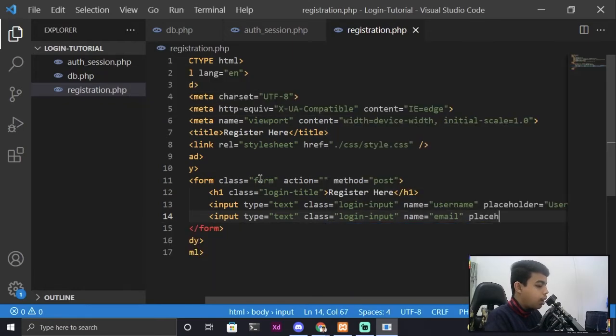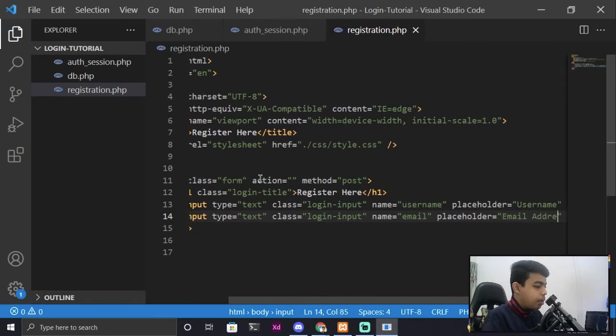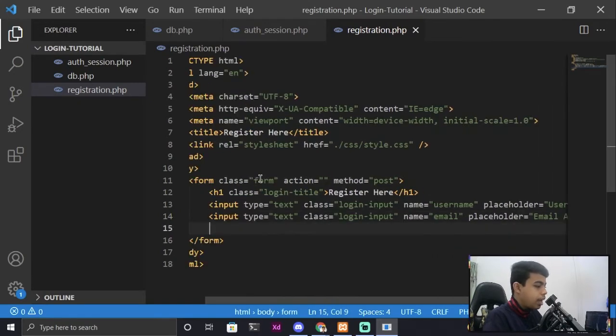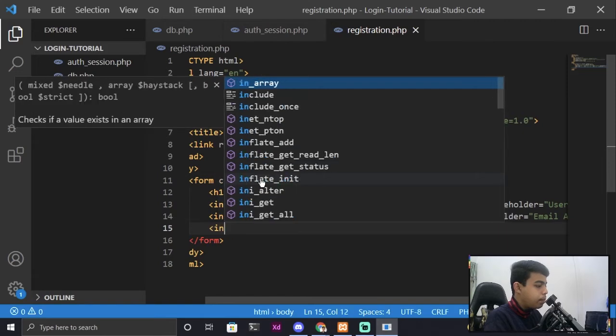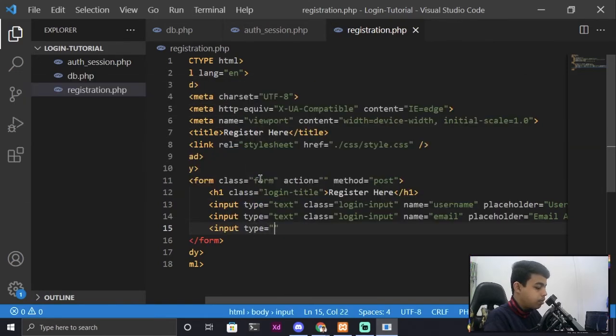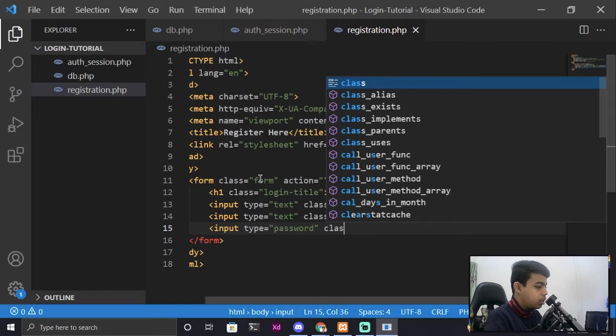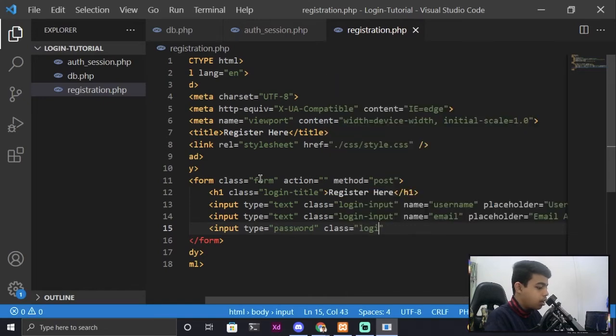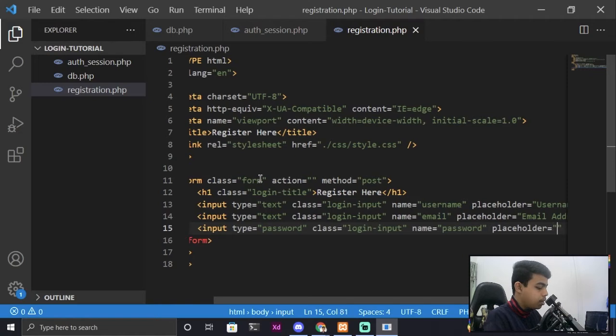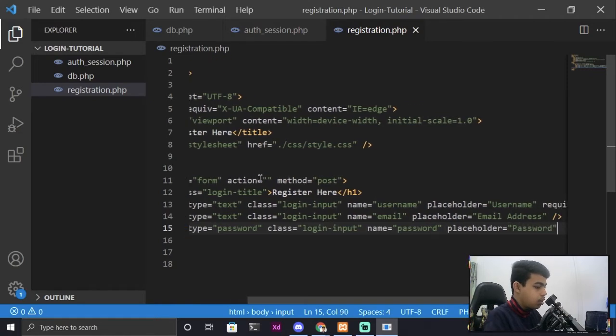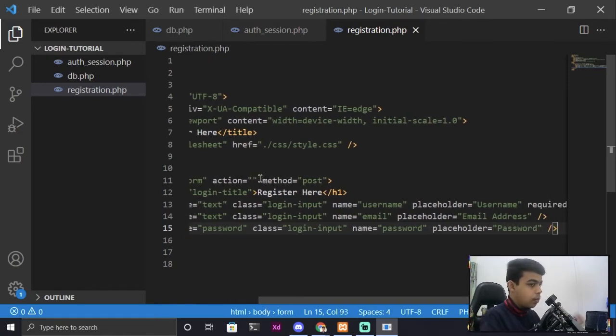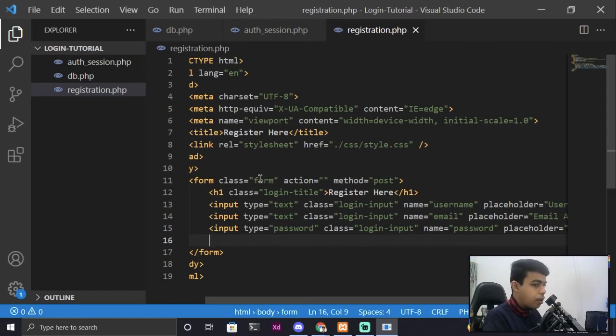And after that, I would like to provide a placeholder to it, that is going to be email address. And now let me create my third input for my password, which is going to have a class of login-input, name of password, placeholder is going to be password in simple words. Now let me create an input for my register button,